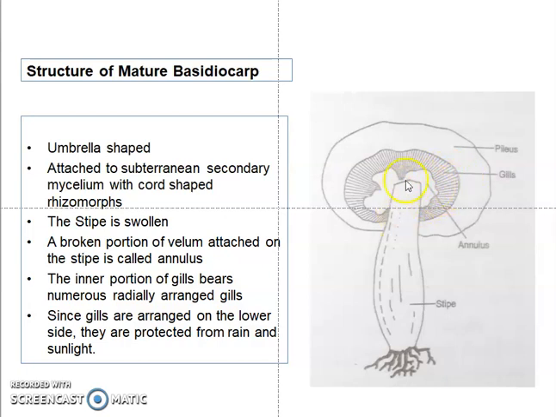radiating regions called gills, and as these gills are located on the basal surface, gills are the spore producing zone, or basidiospore producing zone. Because they are located on the underside, they are protected from rain and sunlight.